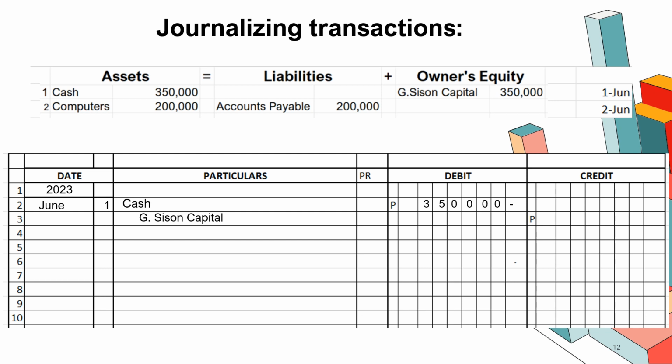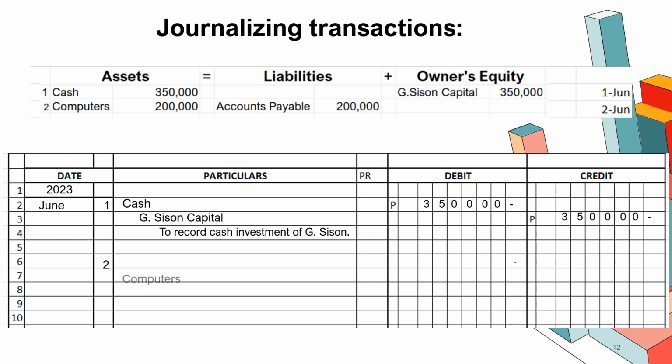GCs on capital, slightly indented after your debit entry. How much? The same amount. After that, include the description or the explanation of the transaction. You indent a little, slightly indented. Number one is to record cash investment of GCs on. And then after this transaction, we usually skip one line, and then we move on to the next transaction,